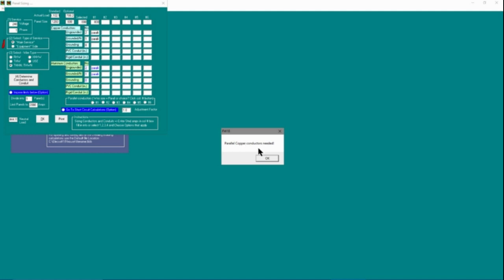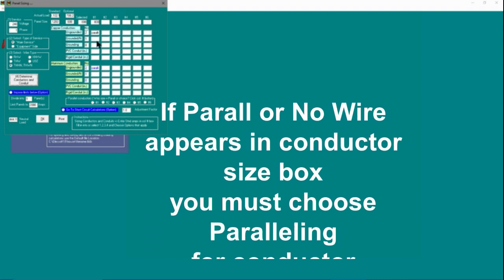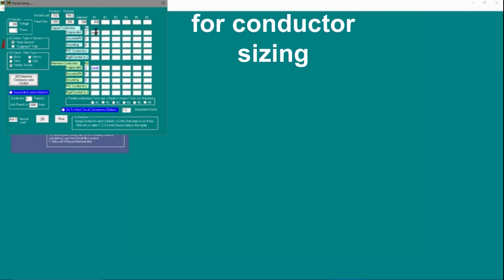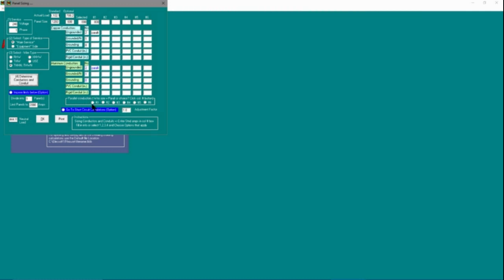Why is that? Well, there's no single conductor that would work for 800 amps because you have two of them. So go ahead and do parallel conductors, say OK. And the same thing for parallel conductors for aluminum, say OK. And you notice parallel is in the box. So what you have to do with that is, you've only got one panel, so parallel conductors for your wire